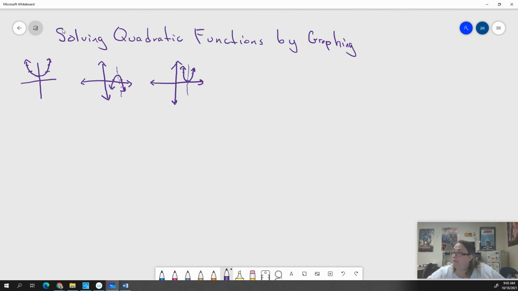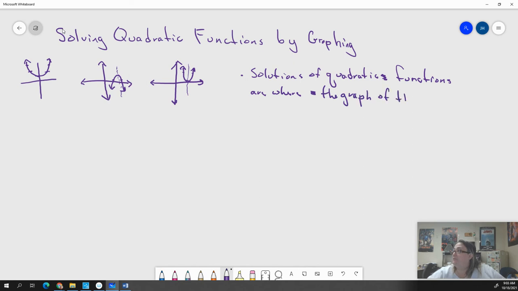The solutions of quadratic functions, little note, have a lot of different names. Solutions of quadratic functions are simply where the graph of the function crosses